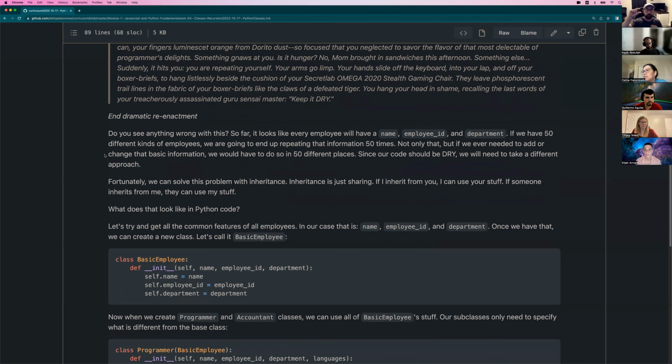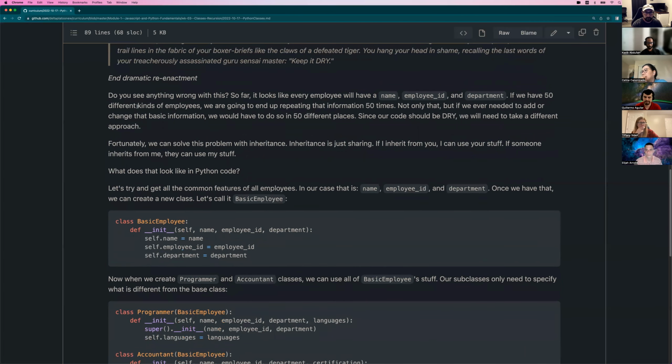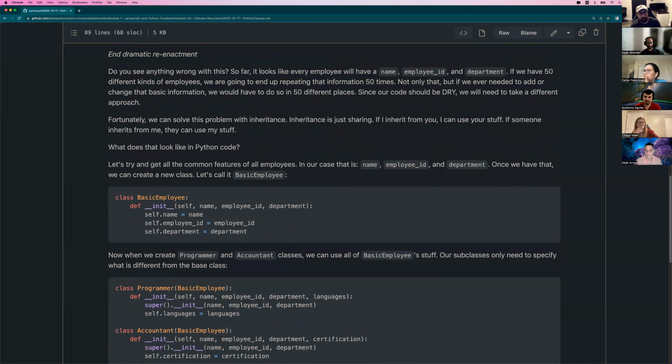However, you want to avoid this because the more repeated code you have, the more you have to go back and fix when one thing changes, potentially, right? And that is tech debt. So basically you shouldn't repeat yourself ever. Sometimes you'll find cases where it's a little bit easier to just do it, but most of the time you should find a better way. And we'll explain how that works with inheritance.